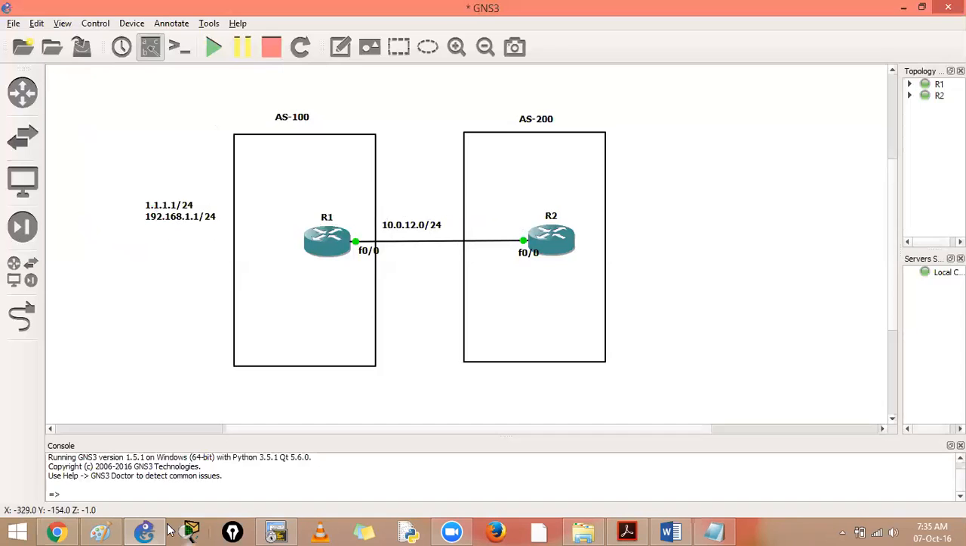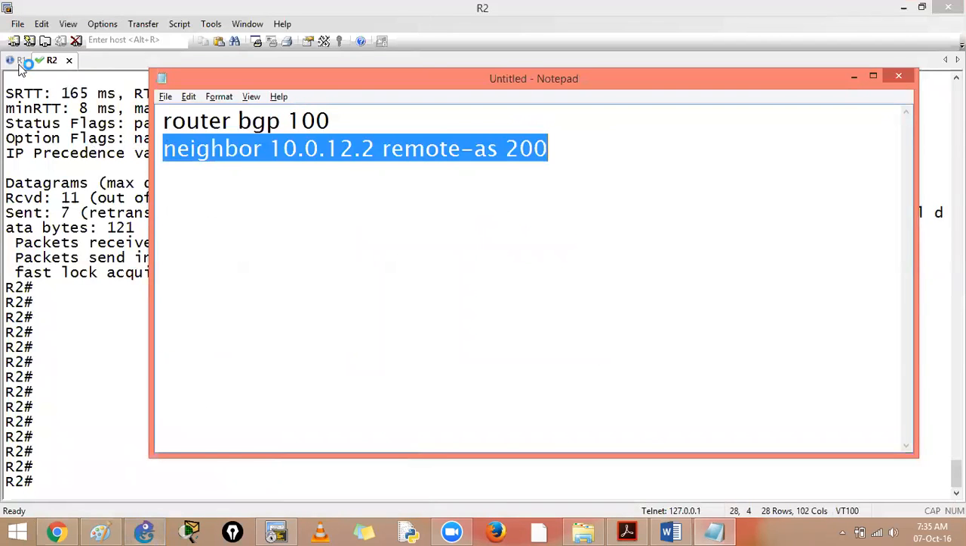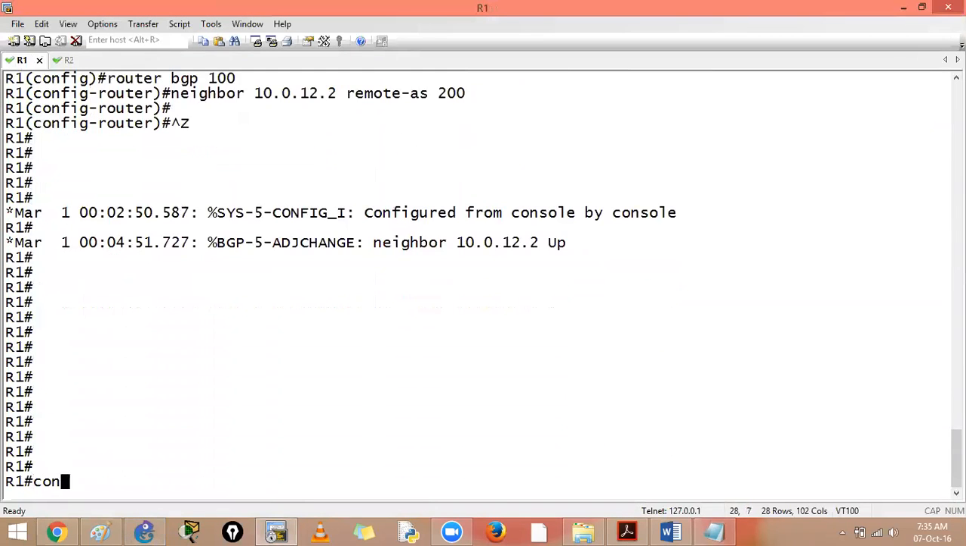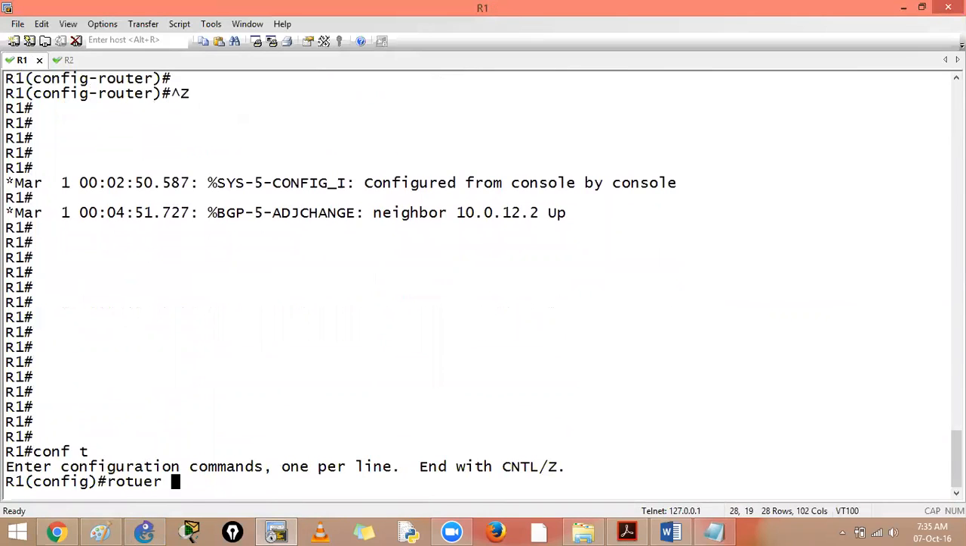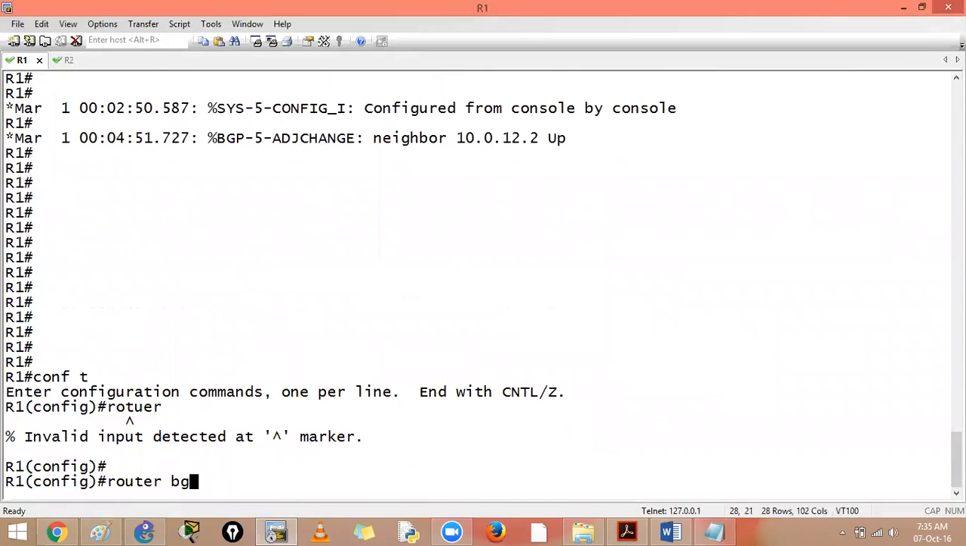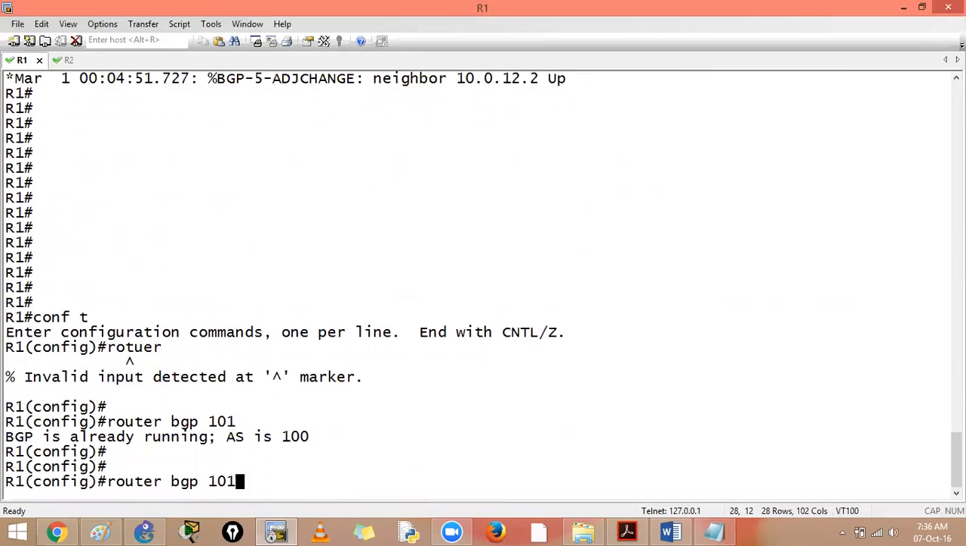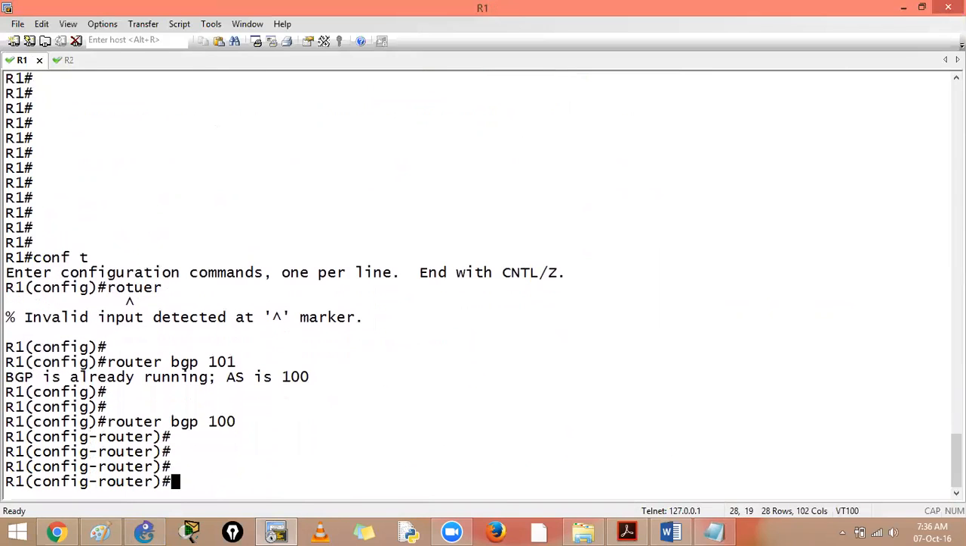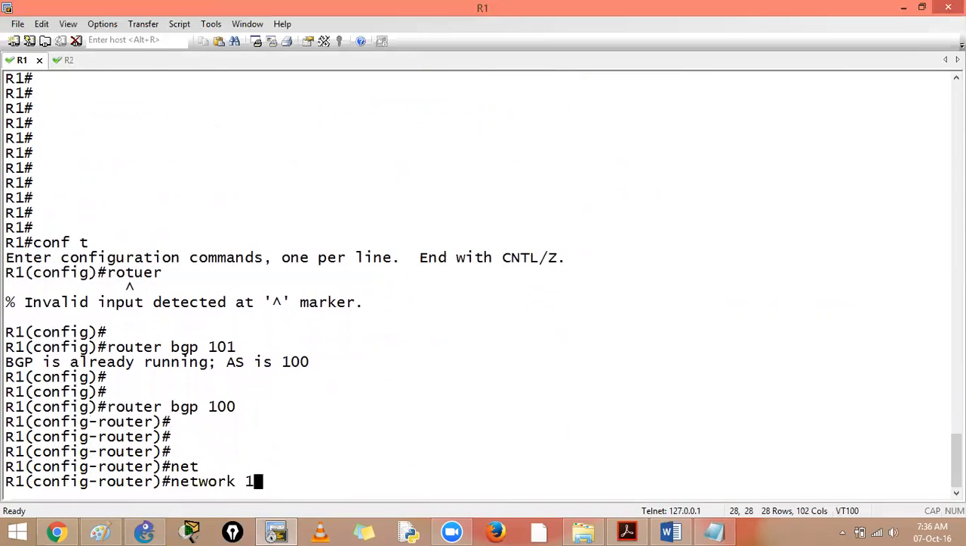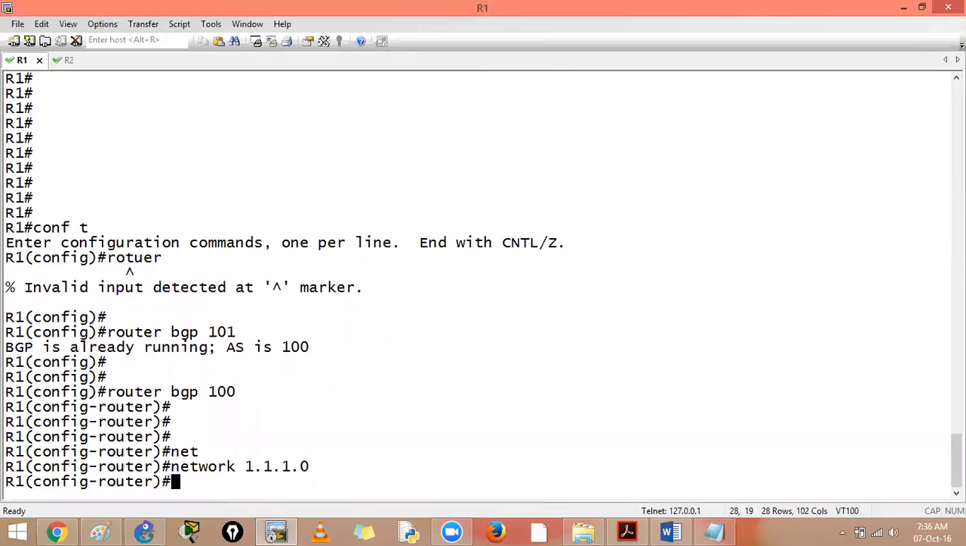Now what we have to do is go on router 1 and go into the BGP process, router BGP. Here I am in AS 100. By mistake, if I say 101, it will tell you that you cannot run 2 BGP autonomous systems on one router. So, router BGP 100. Here you will say network 1.1.1.0 and network